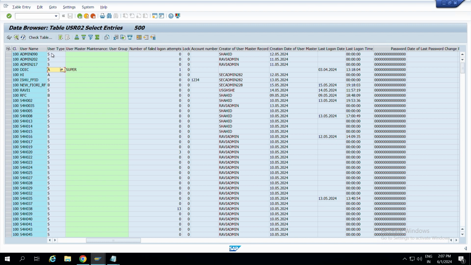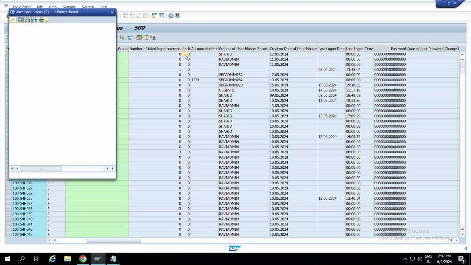You can mention that there and fetch the data, and you can see which users are locked also in this. Even these questions they will ask for 2 to 3 years of experience. So 0 means not locked, 32 is locked globally, 64 is locked by administrator, and 128 is locked due to incorrect login attempts. You have to remember these things.